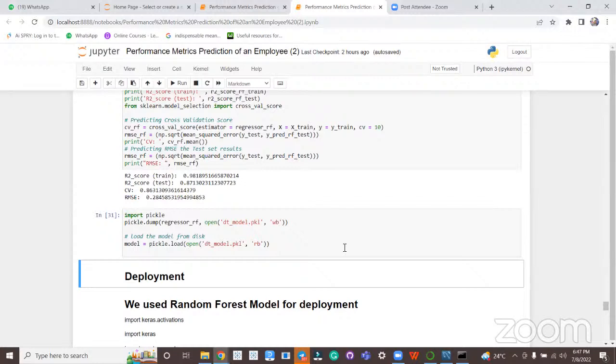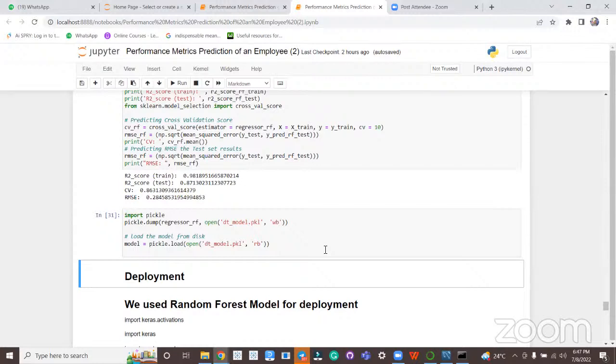In binary form, we use the open function to save the random forest model here into a Pickle file. We call that as model. You can see the Pickle file is dt_model.pkl. This model, the saved model, was used for deployment.